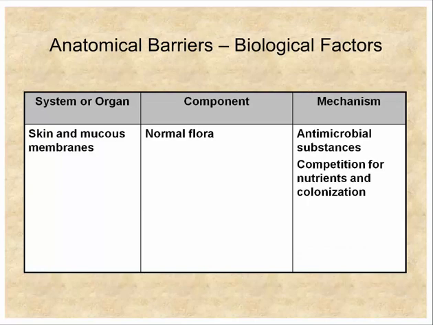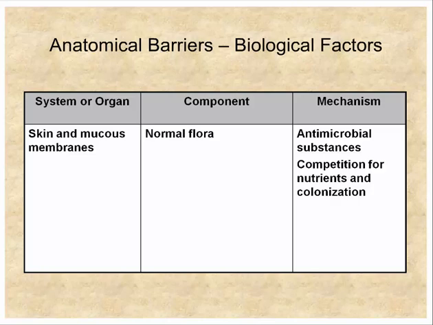And then, of course, there are also biological factors at these anatomical sites, and primarily what we refer to as the normal flora. The normal flora is very important in protecting us from infections with pathogens. As I said, we're covered with bacteria, which is considered part of our normal flora. And pathogens have to compete with that normal flora. They have to compete for nutrients. And they have to compete for binding. Most pathogens are going to have to bind to something before they're going to start causing disease. So the normal flora is very important in this regard.